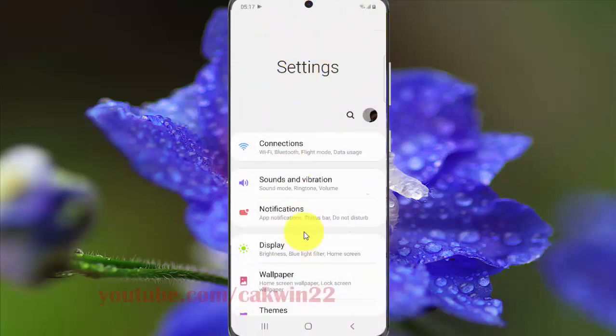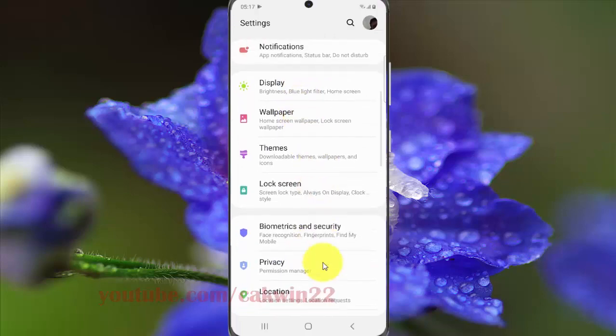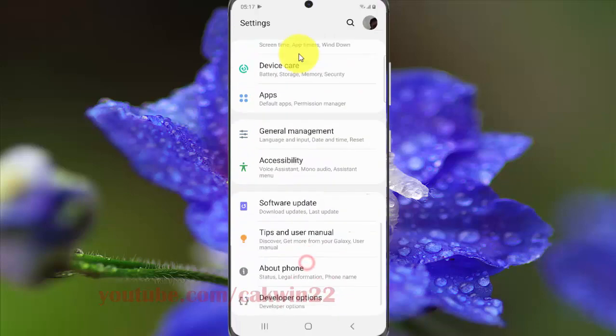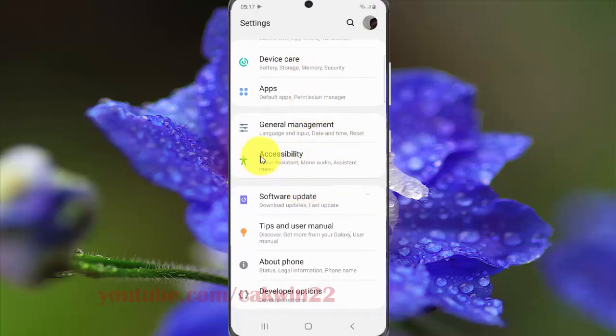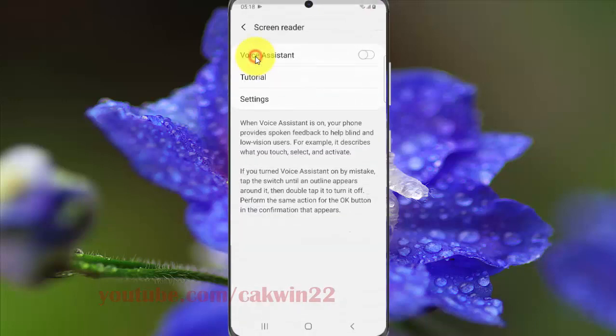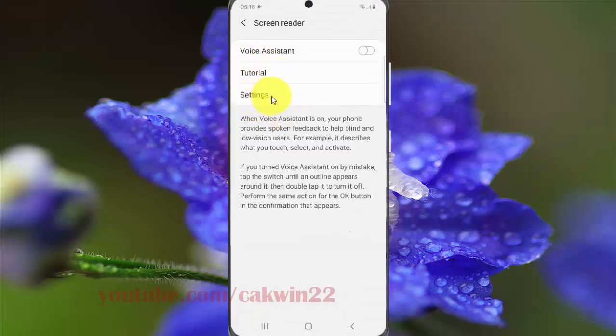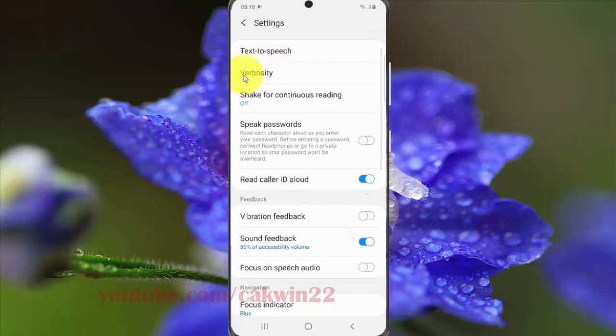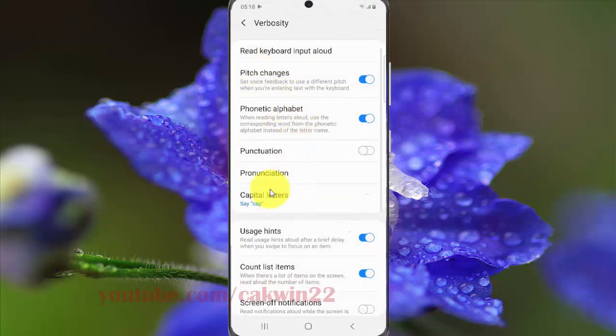Scroll down the settings screen, find accessibility, and then tap accessibility. Select screen reader, tap settings, and then select verbosity. Select capital letters,